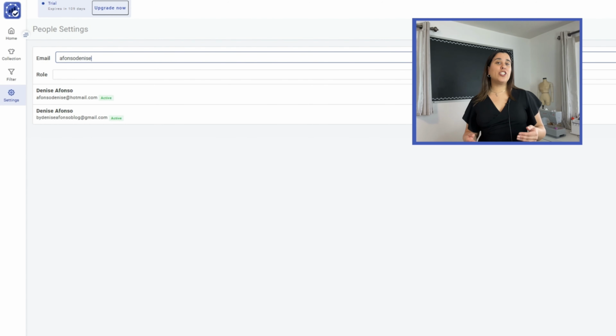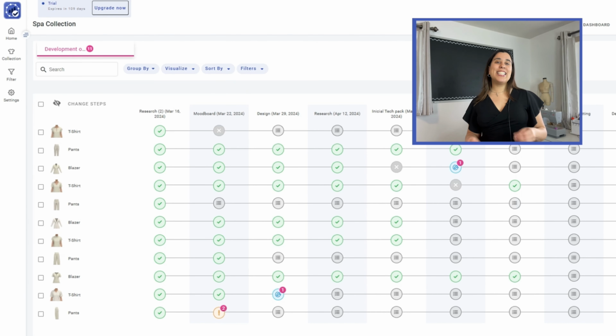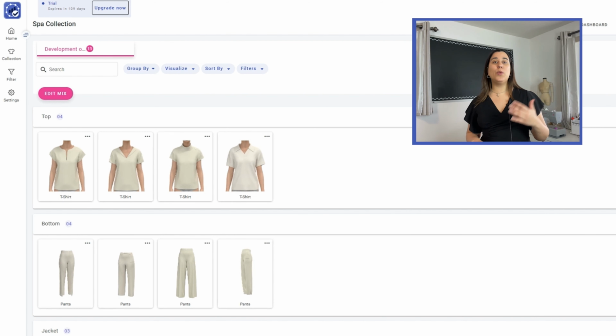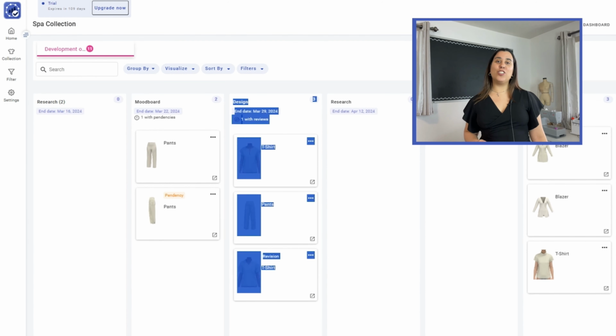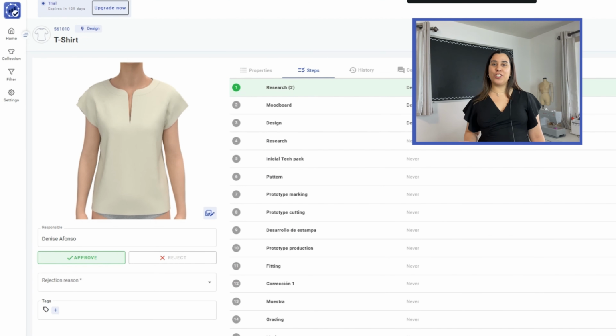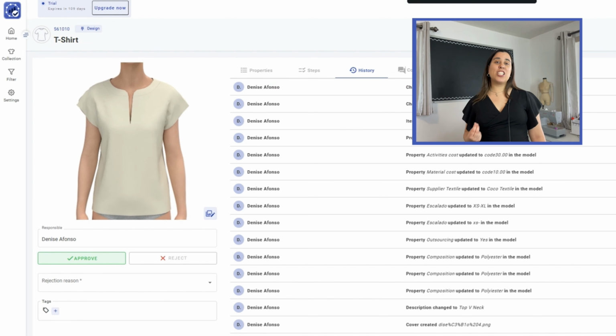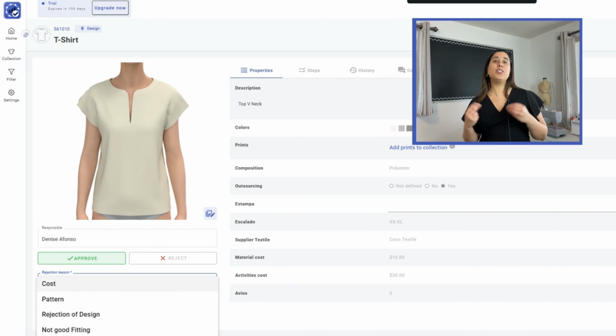You can view the collection as a map, Kanban, or overview. This way, you can easily visualize your collection and know in which stage each garment is at. Once you click on the garment, you can add description, color, print, composition, pattern, etc. You can attach pictures for reference and even assign the person who will be responsible for carrying out the production